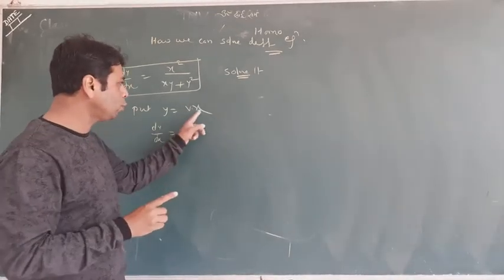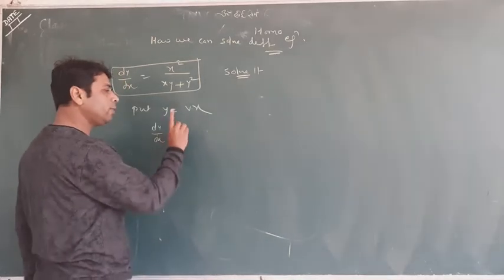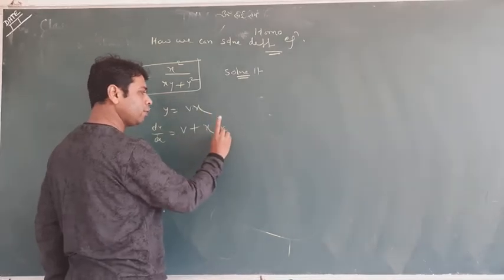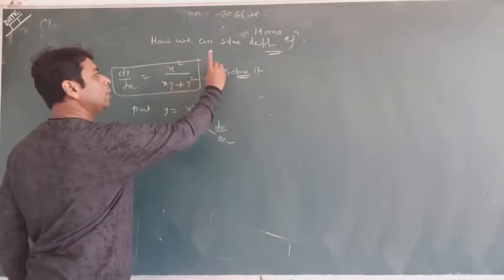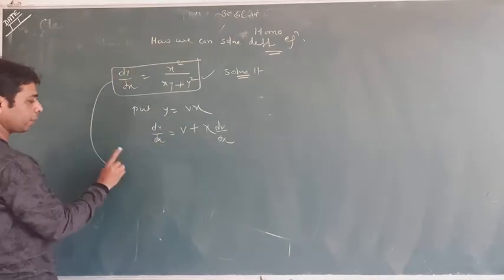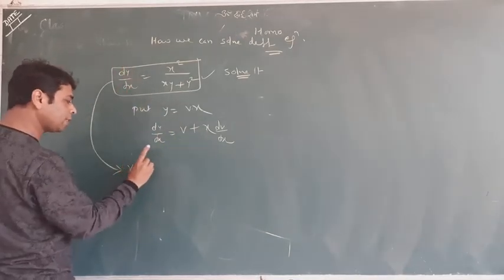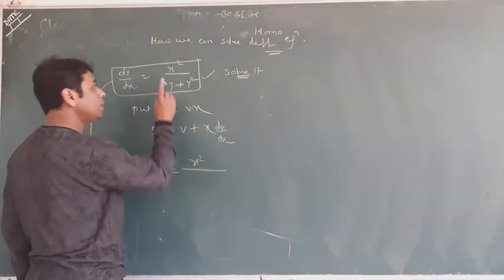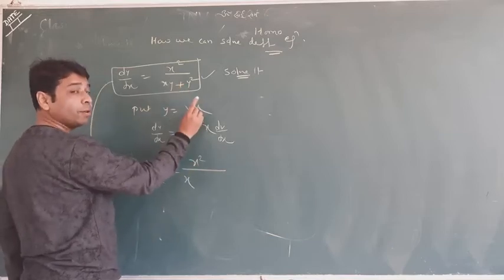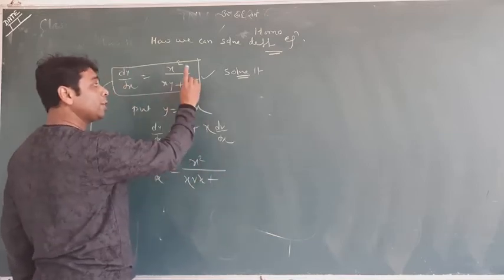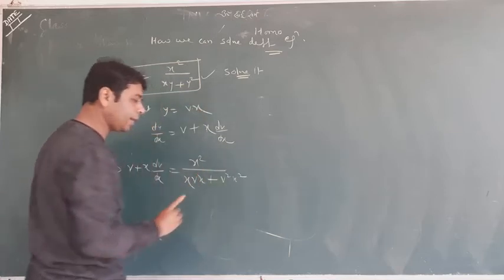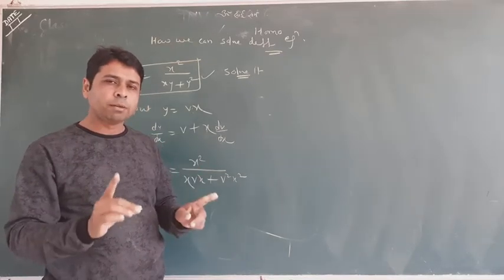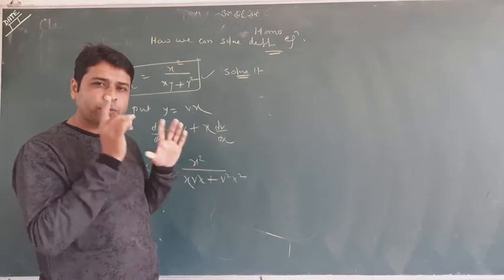dy by dx equal to, we have two functions, so we will use the multiplication law. First function v, differentiation of x is 1. Second function x, differentiation of v is dv by dx. We have done it. Now we will change all this by putting in the values. dy by dx equal to v plus x dv by dx equals, instead of x, same; instead of y, we have vx; instead of y square, we have v square x square, like that. I tell you one thing, students, look very sincerely and properly, because this question may come in the exam. This is one of the good methods I want to show.